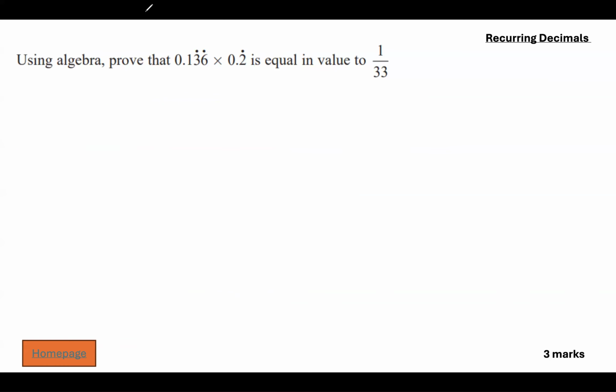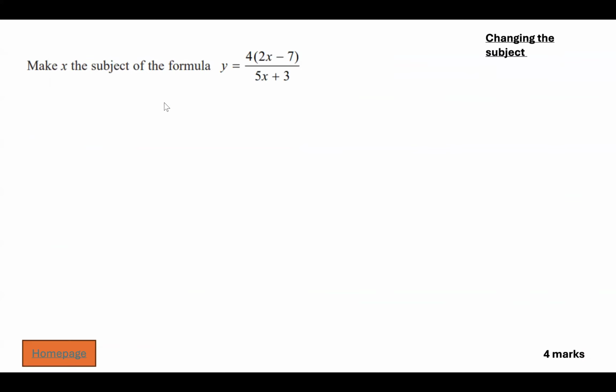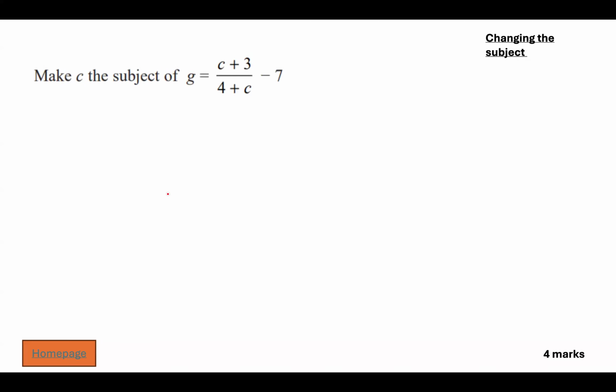Okay, let's have a go at, I believe, the next topic, which is changing the subject. Now, I think it's worth doing one that's slightly trickier. So we can have a go at this one over here. So we have the following fraction minus 7. So add 7 to both sides. So we are going to get g plus 7 is equal to